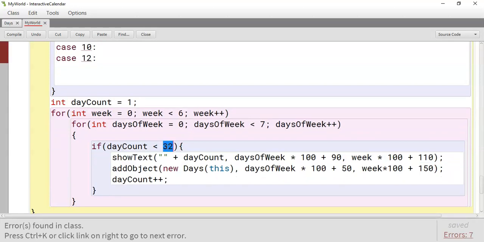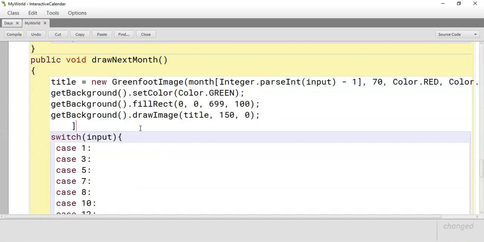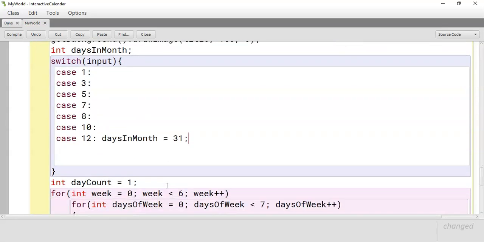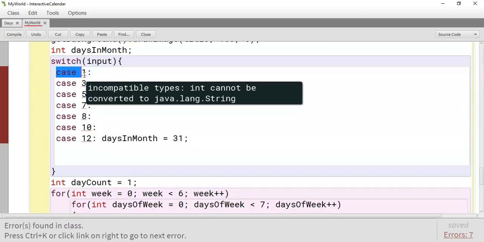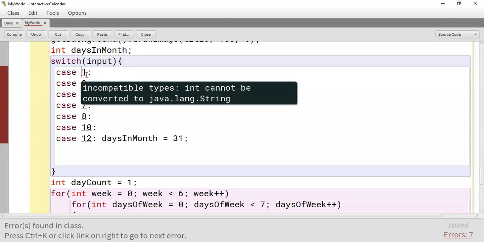Well, we're going to need to have this equal something. So we're going to have to create an integer days in month, and we're going to set that equal to 32. Well, let's set it equal to 31, the correct amount. Okay, so now what a switch statement does is it makes it so that each one of these